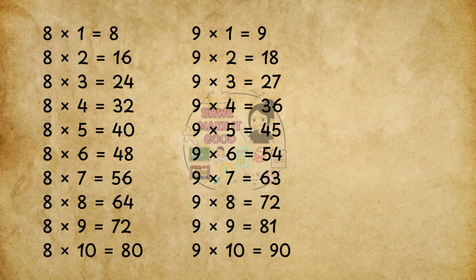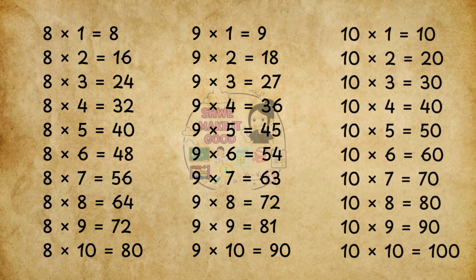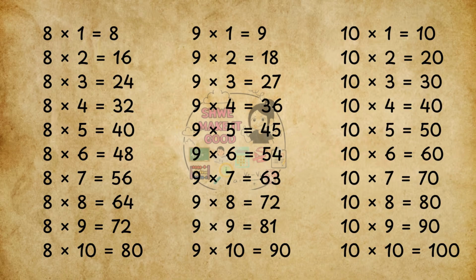are 45, 9 sixes are 54, 9 sevens are 63, 9 eights are 72, 9 nines are 81, 9 tens are 90. 10 ones are 10, 10 twos are 20, 10 threes are 30, 10 fours are 40, 10 fives are 50, 10 sixes are 60, 10 sevens are 70, 10 eights are 80, 10 nines are 90, 10 tens